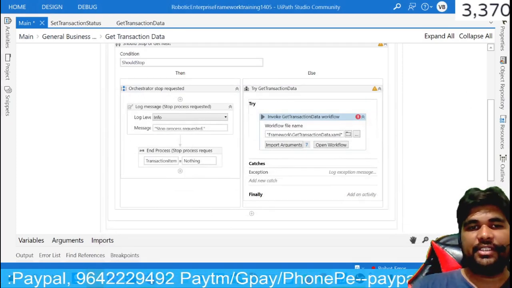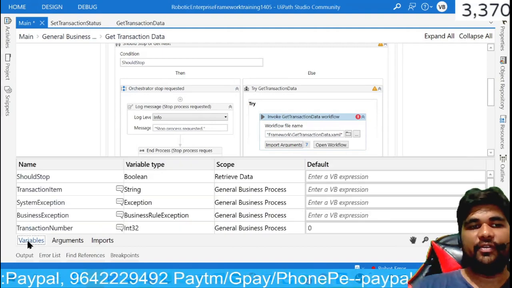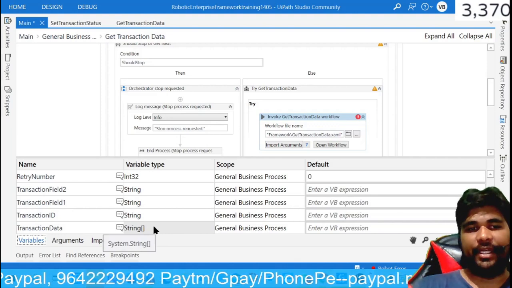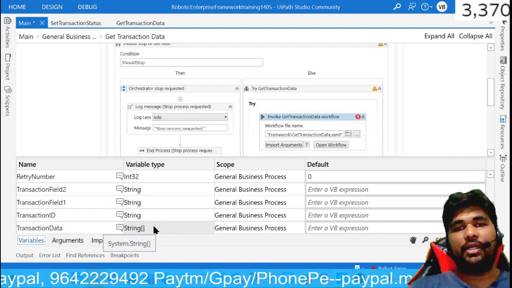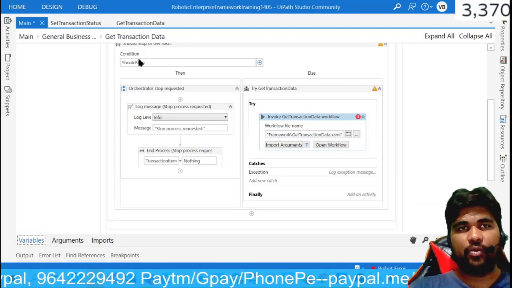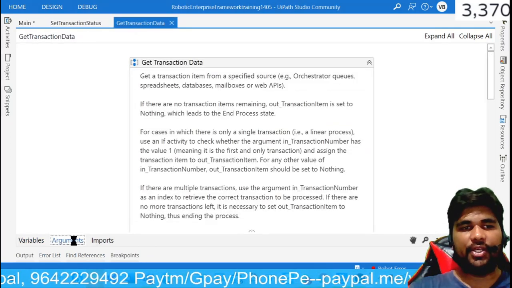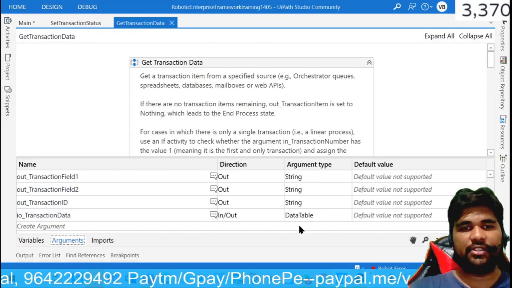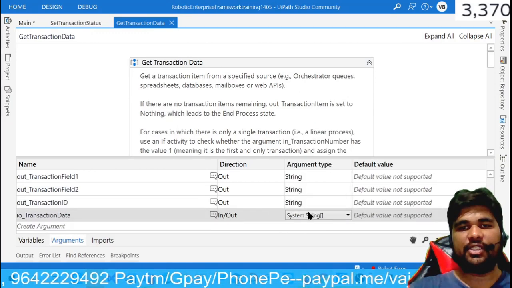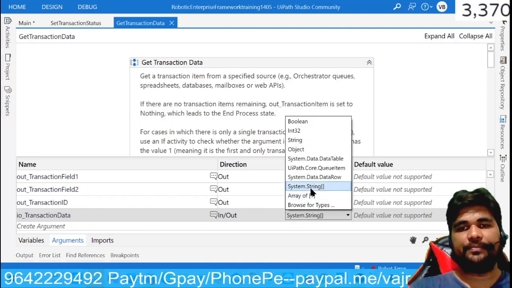But what is the transaction data that we updated in the variables? String of array of strings. Don't forget to have this naming correctly. Now when you open this get transaction data in the arguments, you need to go ahead and change data table to string, system of strings, string array.